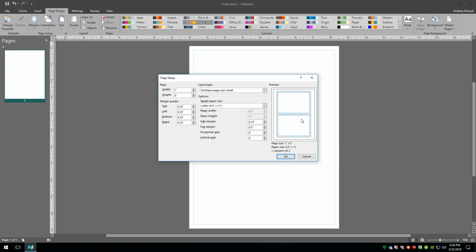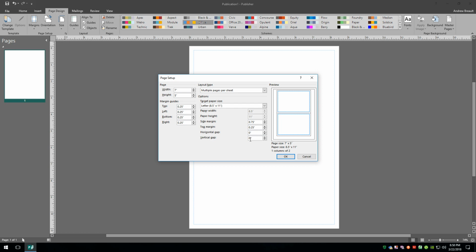Now, another problem with this is that if we wanted the design to run so that we're doing that pseudo full bleed that I was talking about, where we're going to cut it right up to the edge right here, we don't want these two to be bumped right up against each other. So what do we do there? What I would do is take the top margin and make it 0.25, so that gives us some extra space down here at the bottom, and then we can go ahead and tell it